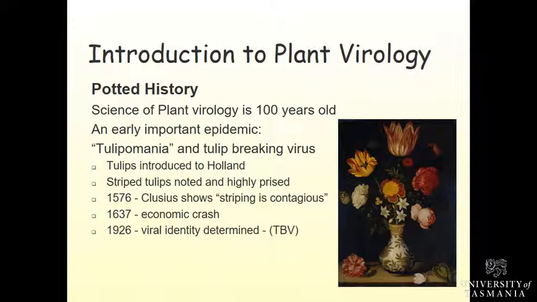It was clearly virus infected, and they actually wrote a poem about it. That was the earliest record of a plant virus, but no one knew what they were. The actual knowledge of what a virus is only about 100 years old, so that's not a long time really in terms of